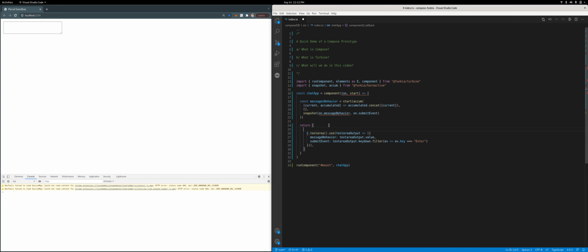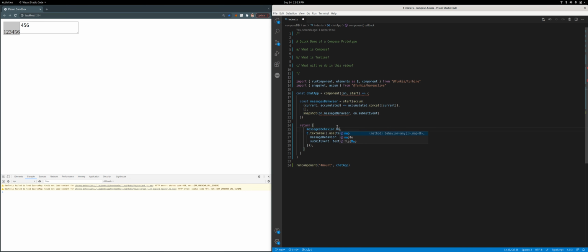No, I got the formatting wrong. Plop this messages behavior right in there. And we have, I think, if we did it right, a local chat app. 1, 2, 3, 4, 5, 6. Okay. Of course, that's not how we want it to come out, we want each message to